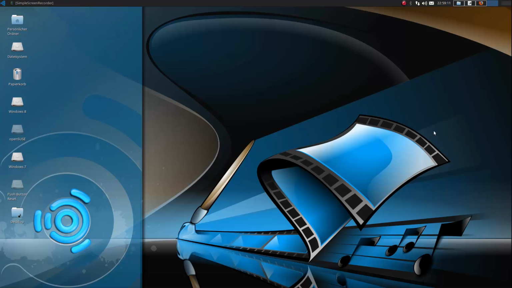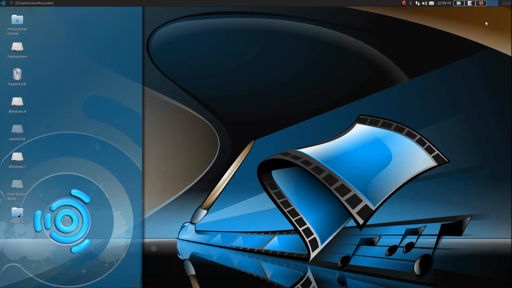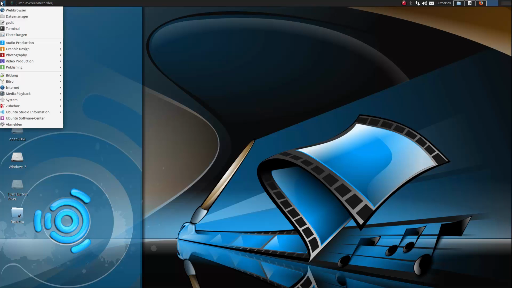That's something I really like about Linux, because you always have many desktops and you can just switch between them and you don't need to close the applications. And that's pretty nice, I think. Okay, then we go in this upper right corner here again, and we go to graphic